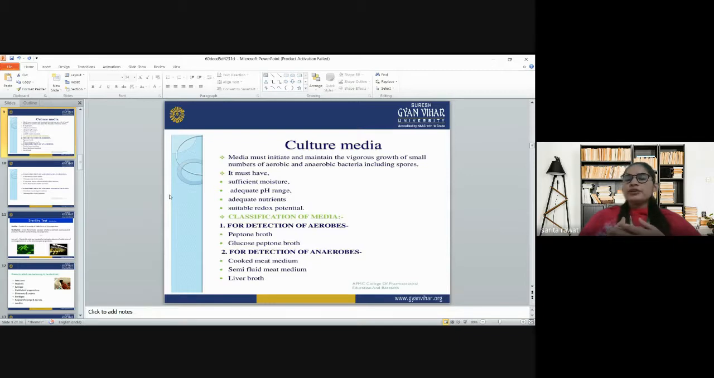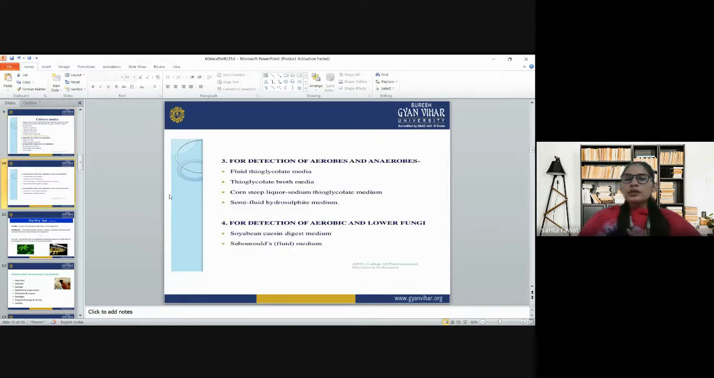So now we have different classes of media. For example, we have four kinds of media. The first one is for detection of aerobic bacteria: peptone broth and glucose peptone broth. For detection of anaerobes, we have cooked meat media, semi-fluid meat media, and liver broth. Now the third is for the detection of aerobes and anaerobes. For this we have fluid thioglycollate media, thioglycollate broth media, and semi-fluid